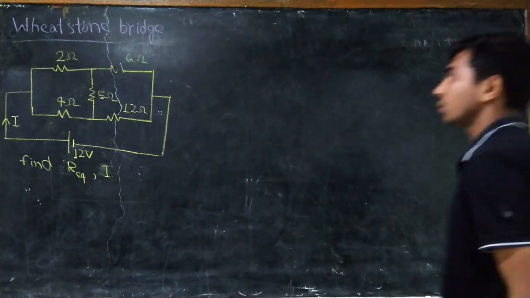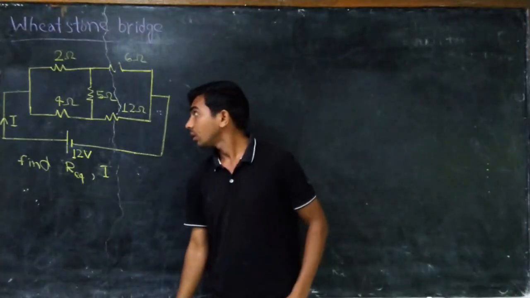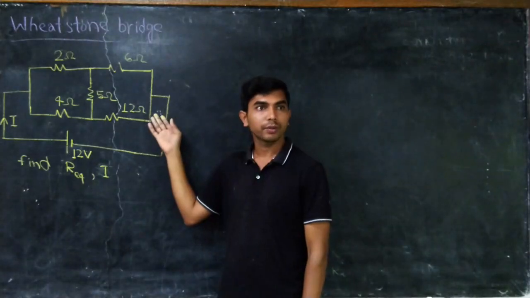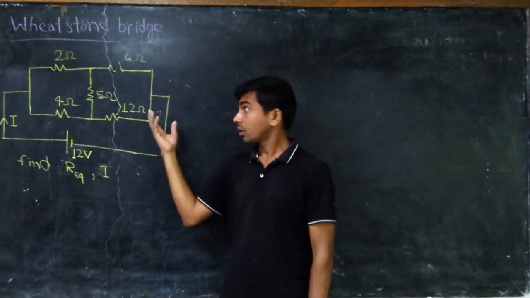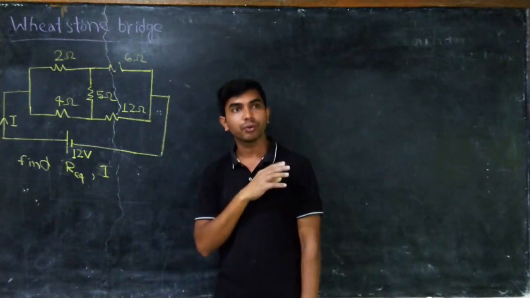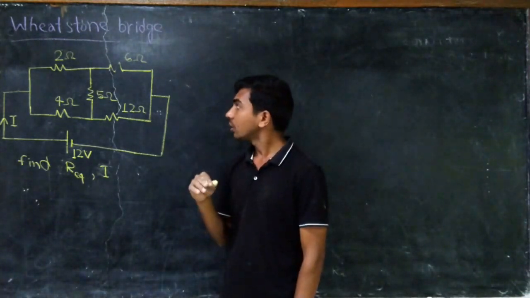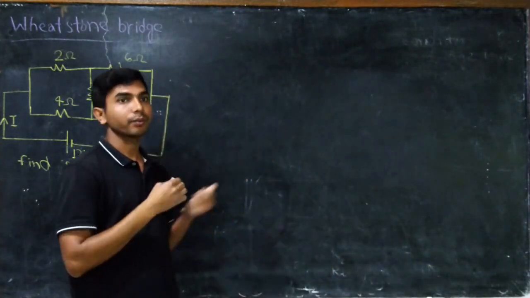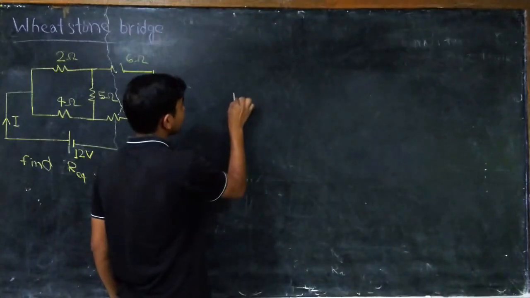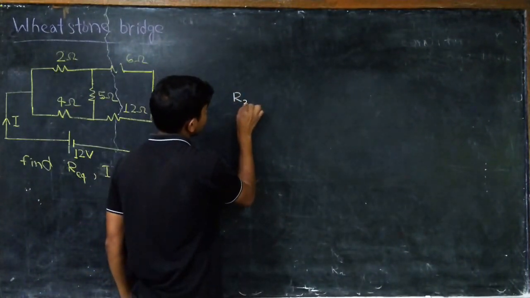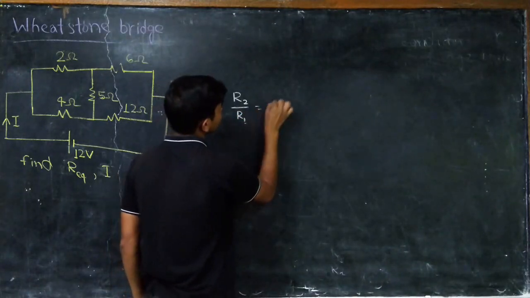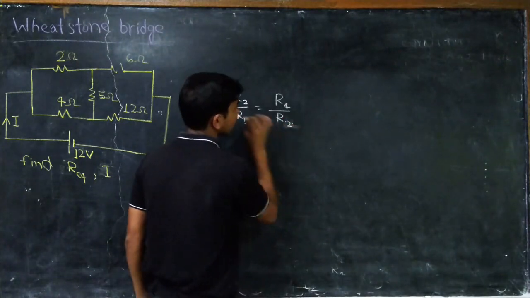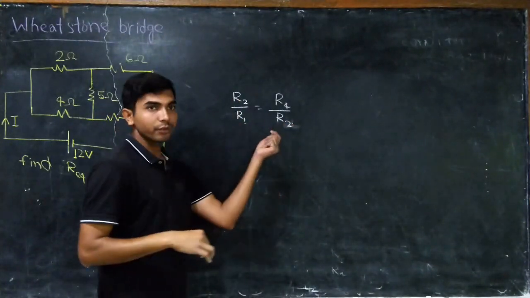Okay, so now you are able to see that this is neither a parallel combination nor a series combination, right? So we are not able to use those formulas, right? But we are able to see something here, right? In the previous part, we discussed the Wheatstone bridge, right? So I dragged the formula R2 by R1 is equal to R4 by R3, right? This one, right? Just dragged, no?